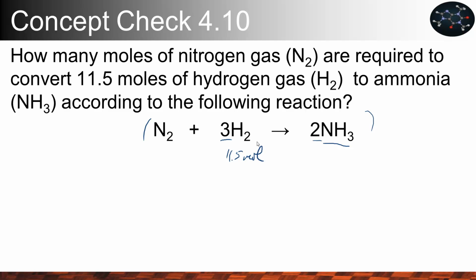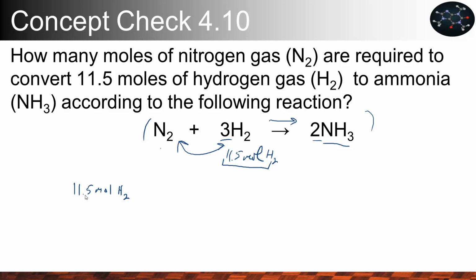Then we're going to have as much nitrogen as we need, but we want to figure out how much nitrogen we need to have the proportional amount of hydrogen and exactly use up all the hydrogen making ammonia and not wasting any. Okay? So that means these have to be equivalent. We can do that with the balanced chemical reaction